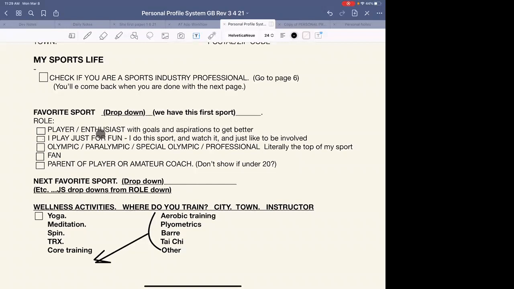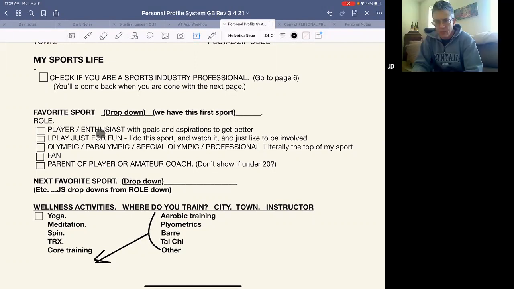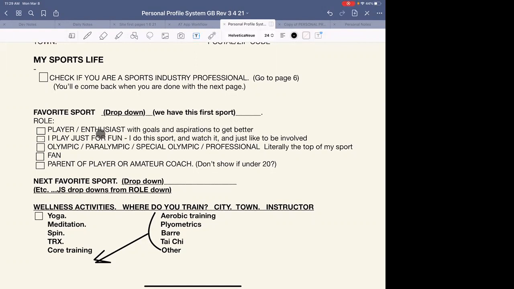And so you've said that you are a player, you're an Olympian, you're a fan, and you're a parent of a couple of kids. So you should be able to do all that, and then it should ask you point by point. Okay, so break that down. What sports are you a player in? And take it from that and go down, because that's really, I think, the right way to do it if somebody wants to spend a while doing it. But just to start off with the sports, because you asked up front what sports do you play, that should be a logical progression.